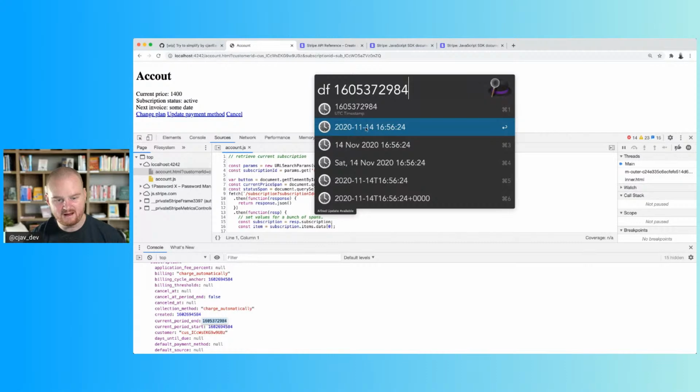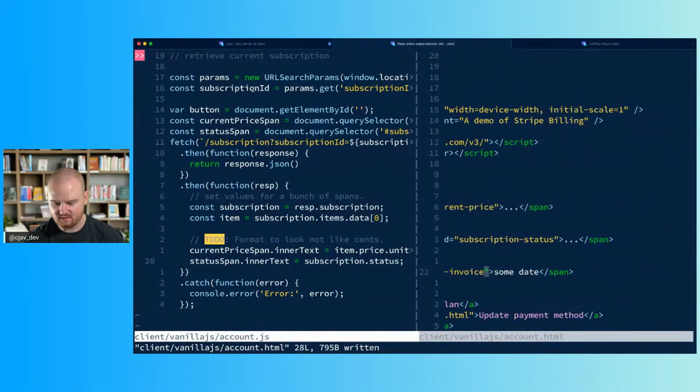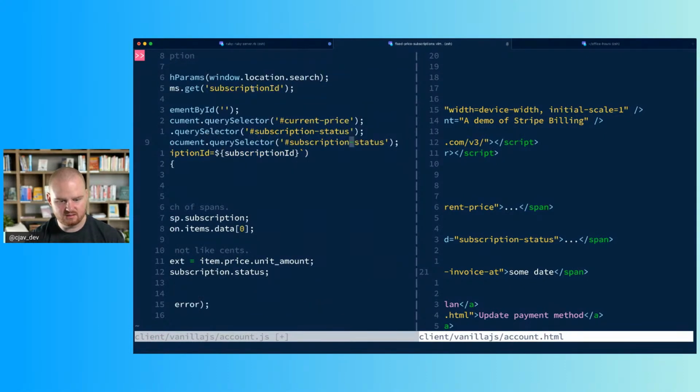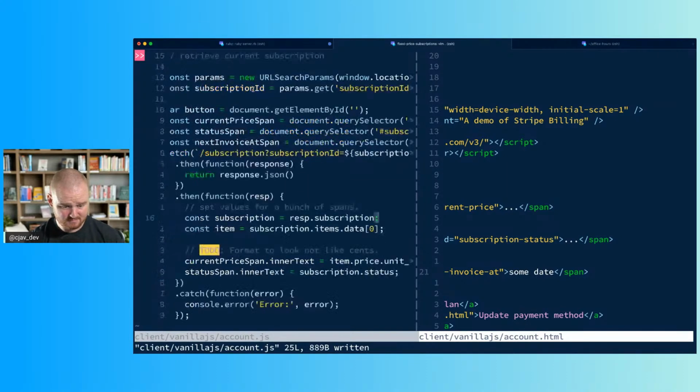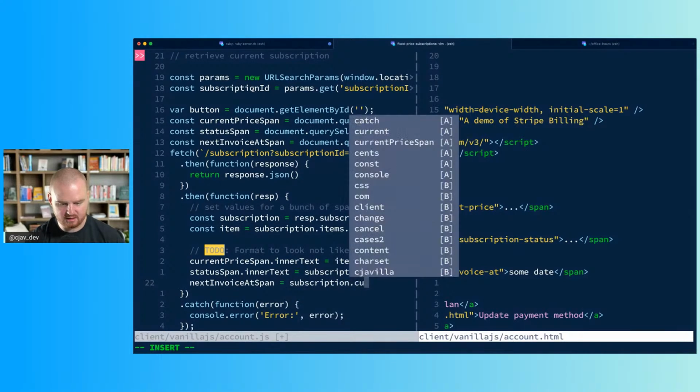So this is November 14, which is in 1 month from now, which looks correct. So we can say next invoice date. I'm going to change the name there to next invoice at, const nextInvoiceAtSpan. Next invoice at span is next invoice at, and its value is going to be subscription.current